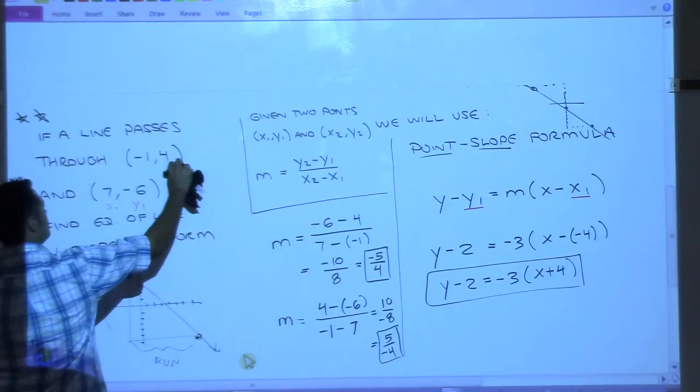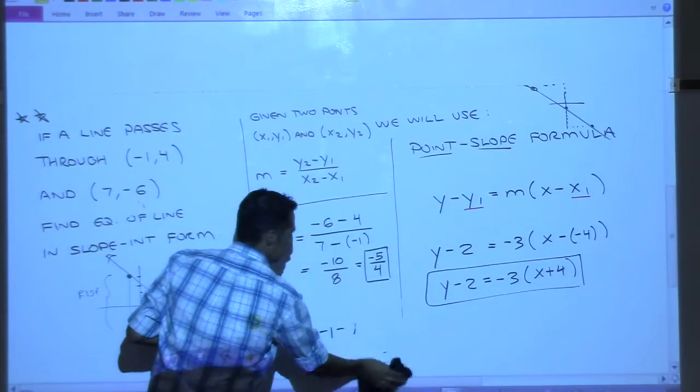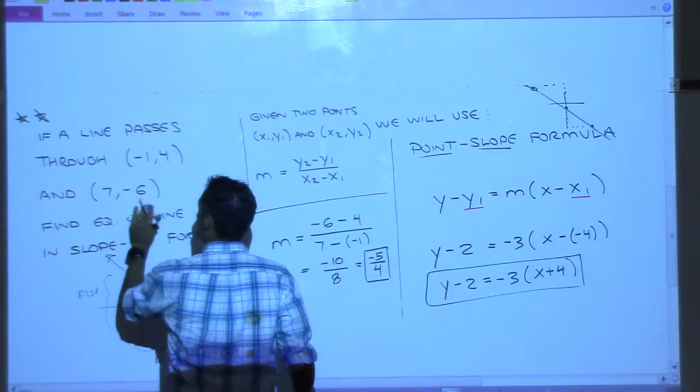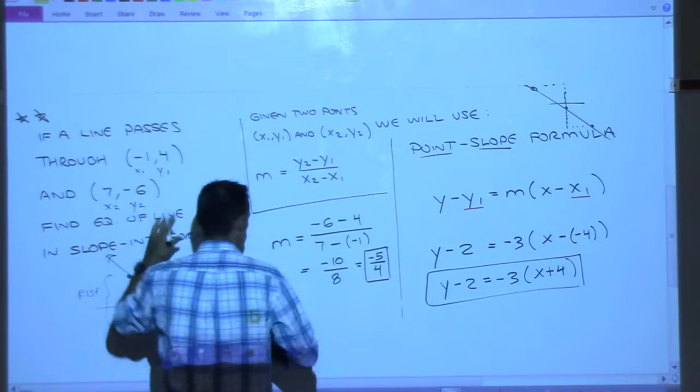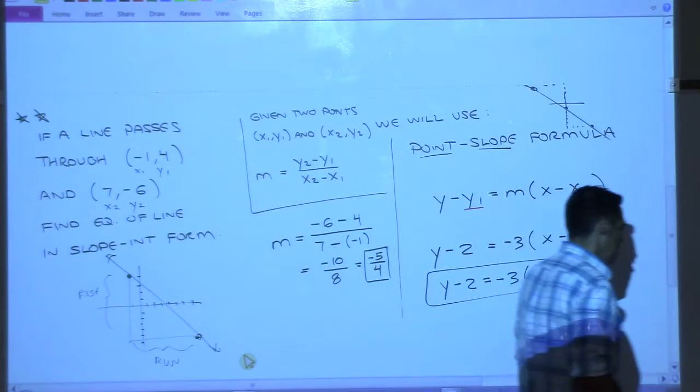All right, well, let's go back. We're not going to do Rodrigo's way. We're going to do this way. So this was x1, y1. This is x2, y2. All right, so we started with the 2 points. We got the slope. And now,